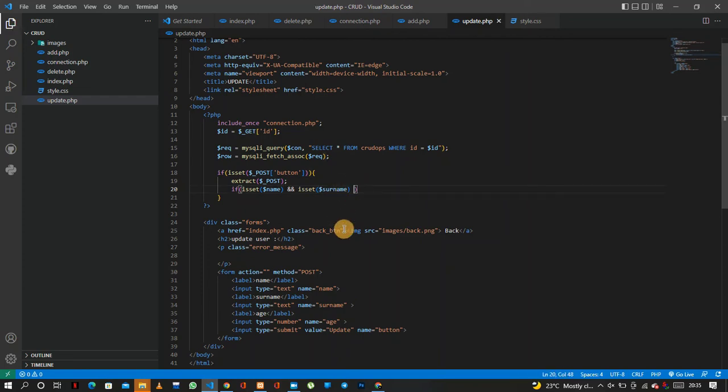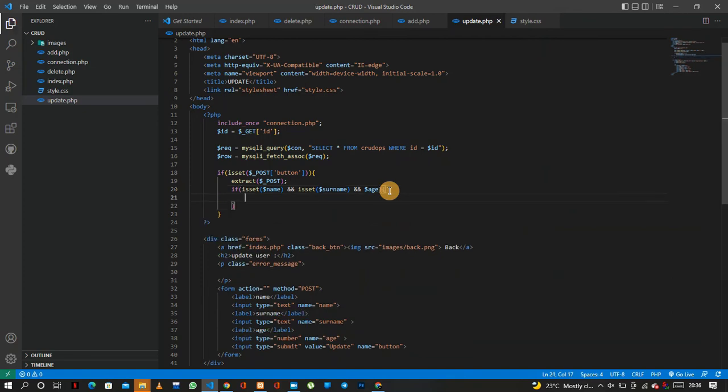You write surname, and age, variable age, and you open and close, and you write required. $required equal MySQL